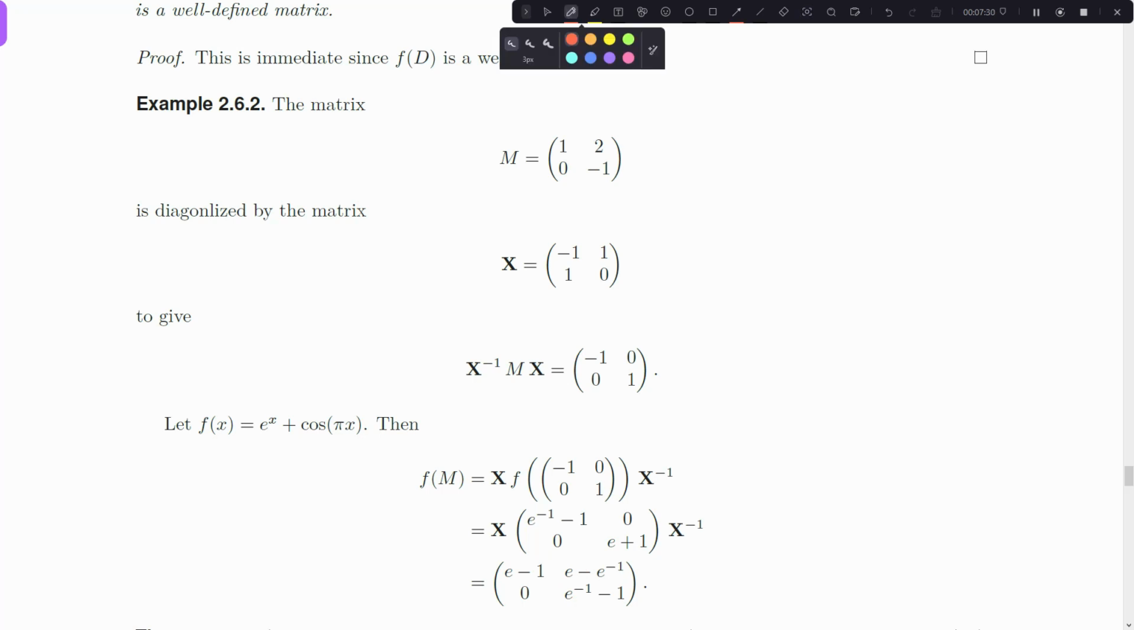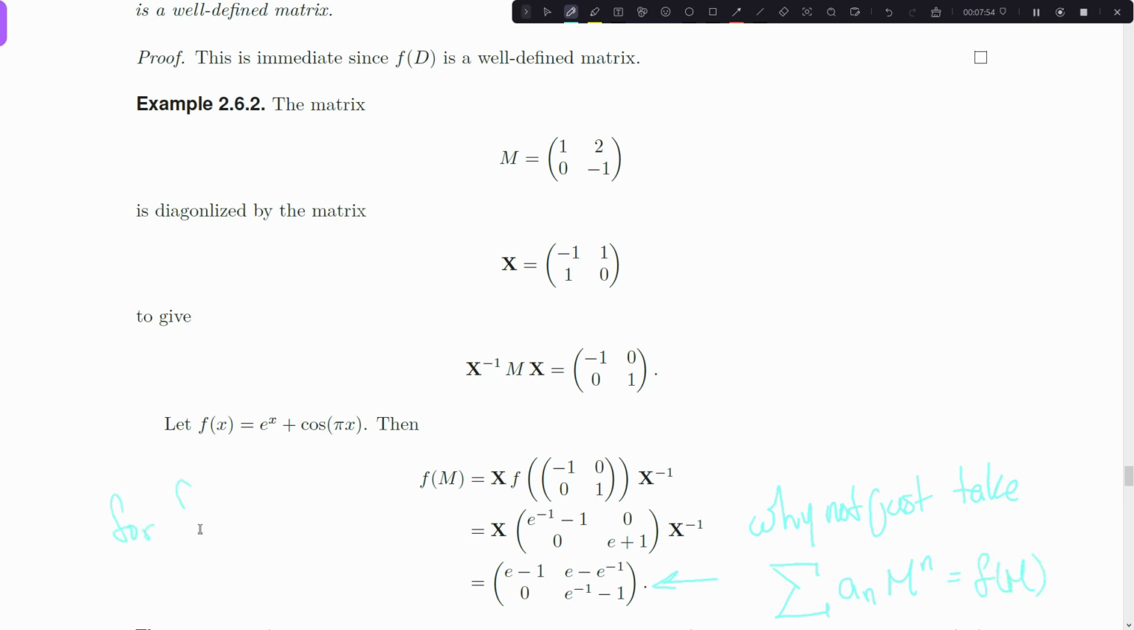And a lot of you might be asking the question, okay, why not just take the power series representation, a n m to the nth power, where equals f of m, for f of x, which is equal to this power series, right? If it's analytic, then it's equal to a power series. Why not exploit that to our advantage and just take this as the definition of f of m? It's perfectly valid, but